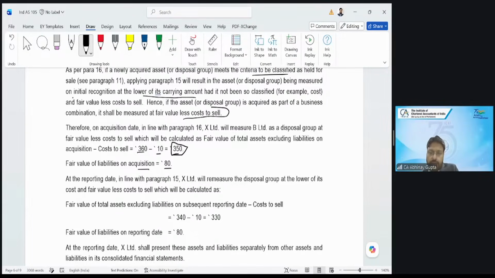X Limited will remeasure the disposal group at the lower of its cost or fair value less cost to sell, which will be calculated as follows. So the revised fair value is 340, cost to sell continues to be the same. The 330 would be the revised fair value less cost to sell, and 80 fair value of the liabilities continues to be the same. So this is how we are going to present our answer for these questions where,